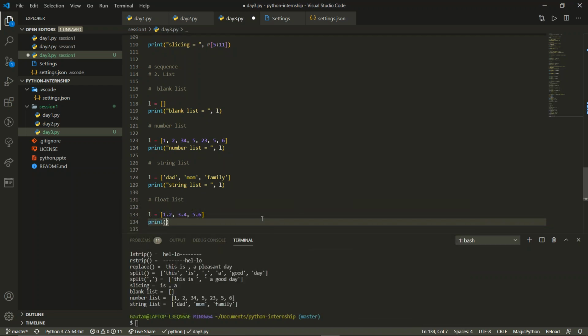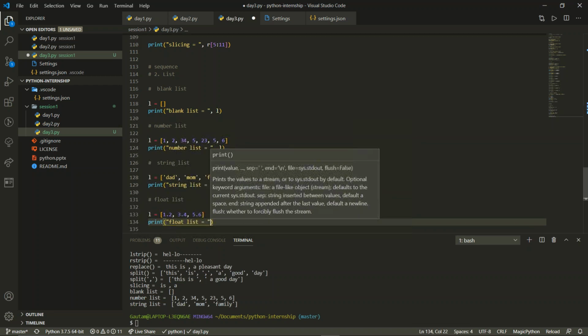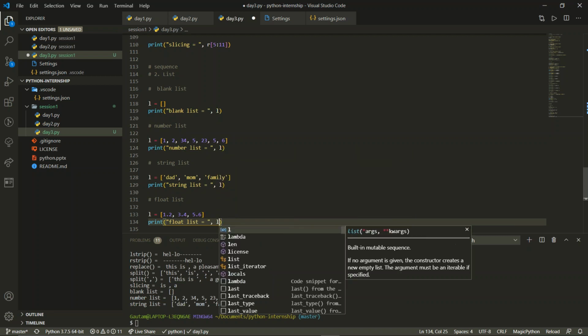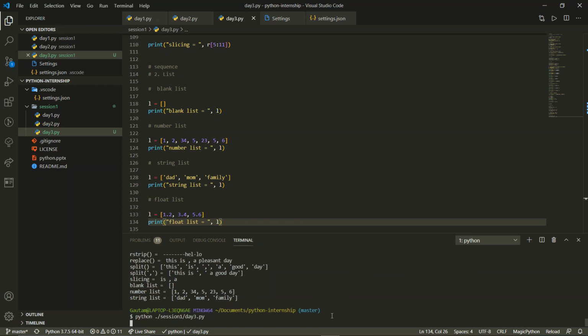We'll just print this and write it down, float list. Now we'll pass L over here and see the output. So for float list, you can see the floats are also there.